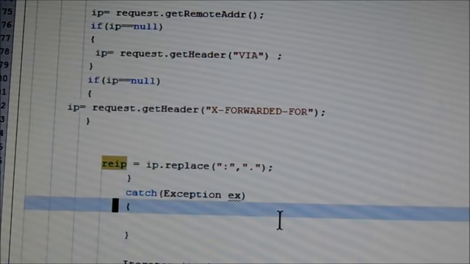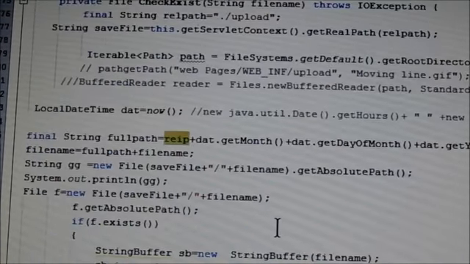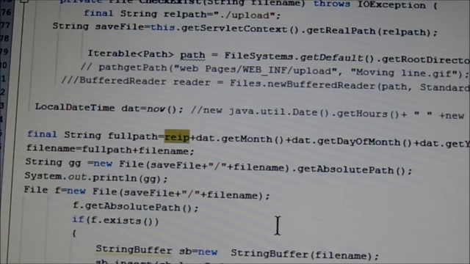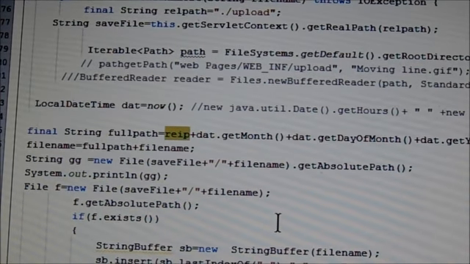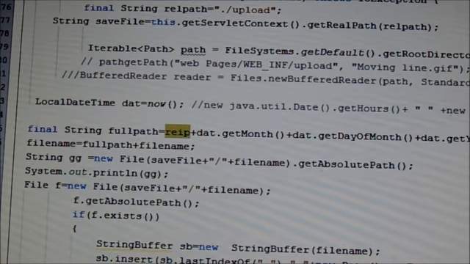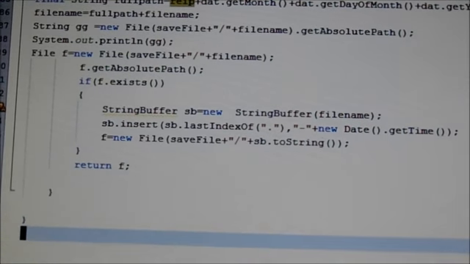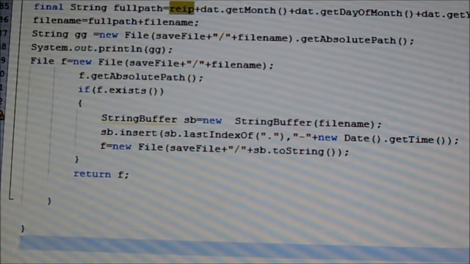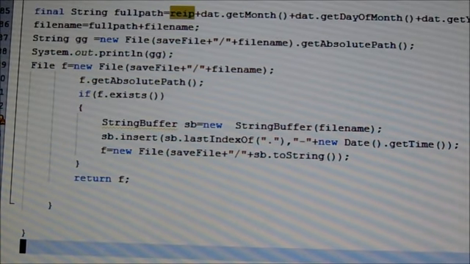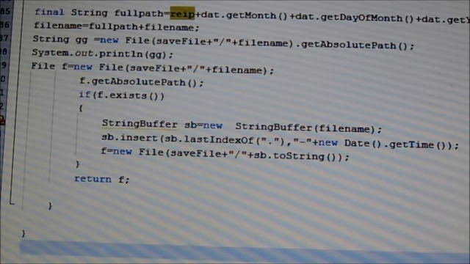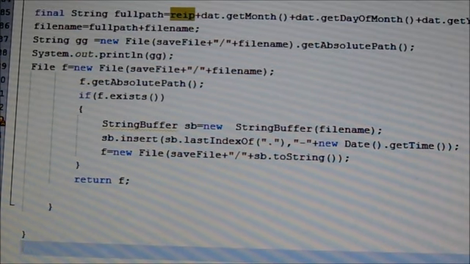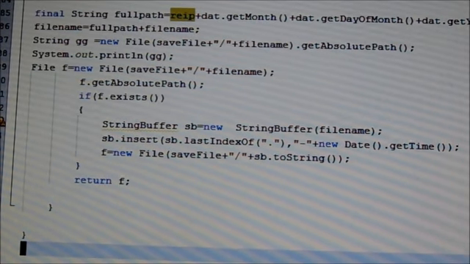We are using a string buffer here to save a file. F dot get absolute path. It accesses the absolute path.